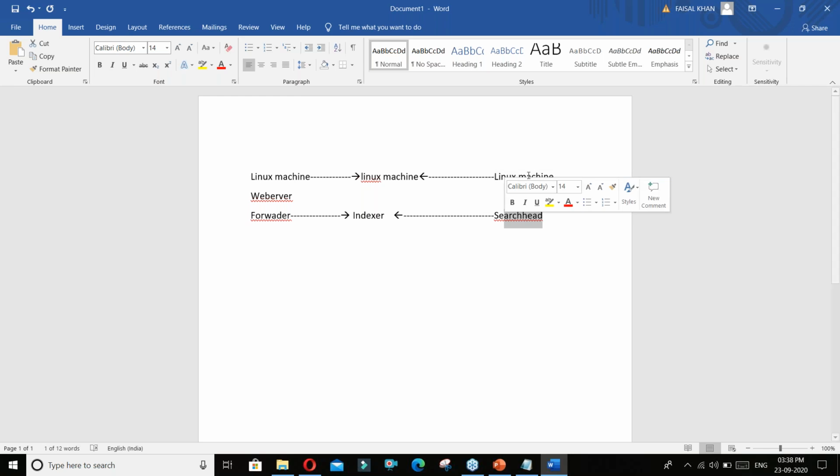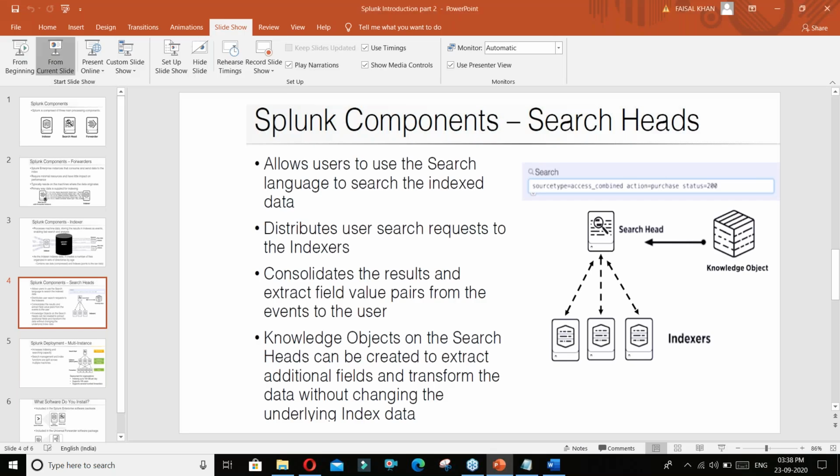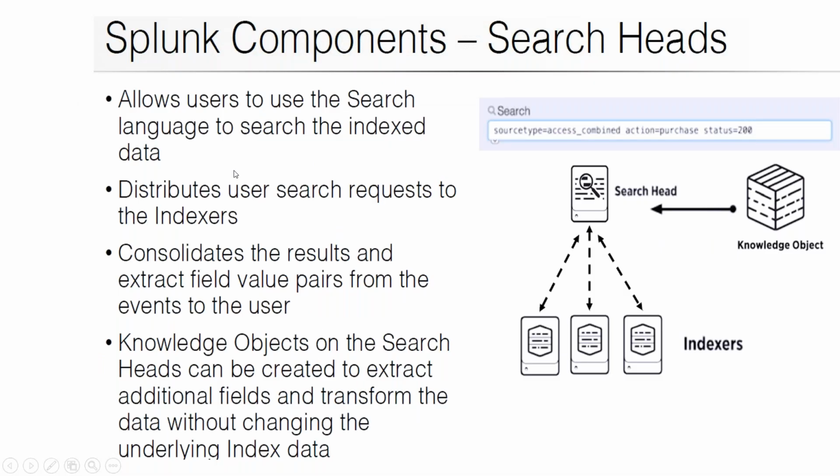So people will be logging into this Linux machine, logging into this Splunk search head, and they will be executing searches. The searches at the backend will go to the indexer, fetch the data and show it to me. For example, if I want to see the past 10 hours of data, I log into the search head, write my query, and it will go to the indexer, fetch the data, and show it to me here. That's a high-level view of how things work. Moving again to the slide. There are more things. On the search head, you will be creating dashboards, reports, and alerts. All these things will be created on the search head.